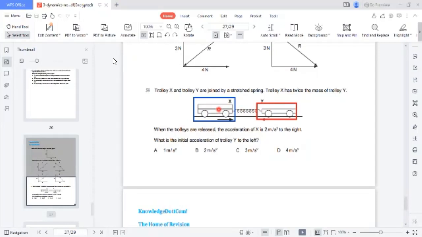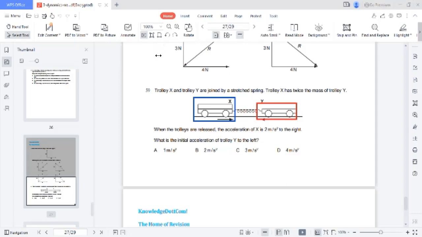When the trolleys are released, the acceleration of X is 2 meters per second squared. The acceleration of this one is 2 to the right, which means it is going in this direction. What is the initial acceleration of trolley Y to the left? Its acceleration would be in this direction. So it's very simple. You can apply